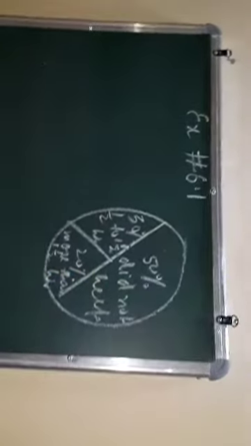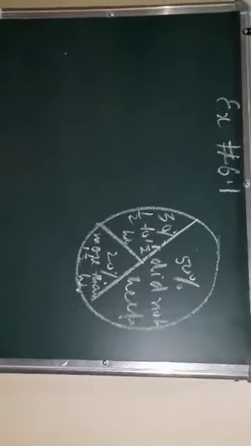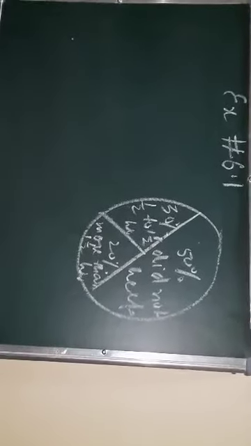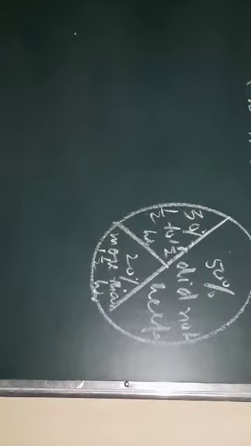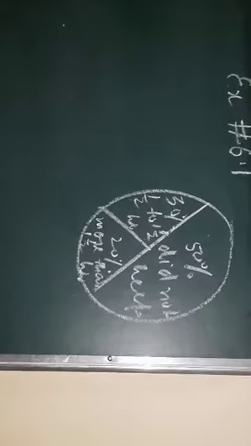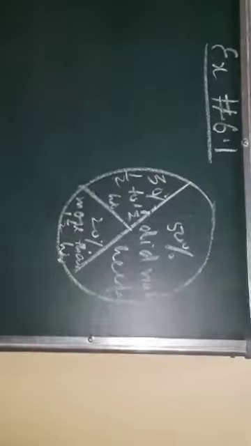I am reading the question again. In a primary school, the parents were asked about the number of hours they spend per day in helping their children to do homework. Data was taken कि parents कितना help करते हैं अपने बच्चों को homework करवाने में. So the data is like this. 20% helped for more than 1.5 hours per day. 20% parents are there जो 1.5 hours से ज़्यादा time लगाते हैं अपने बच्चों को help करने में. Then 30% are there who are devoting half an hour to 1.5 hours. And 50% are there who did not help at all. Either they are doing it themselves or they are just going to tuitions and all. They are not helping them at all.